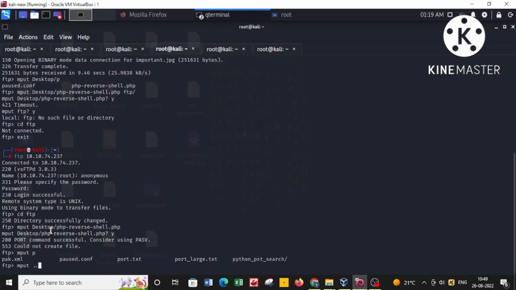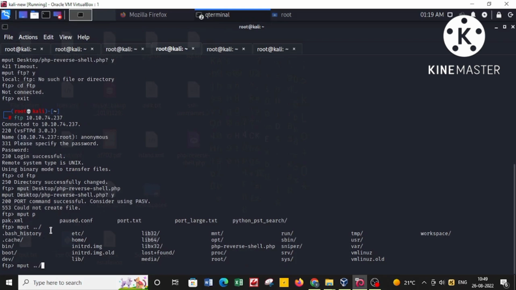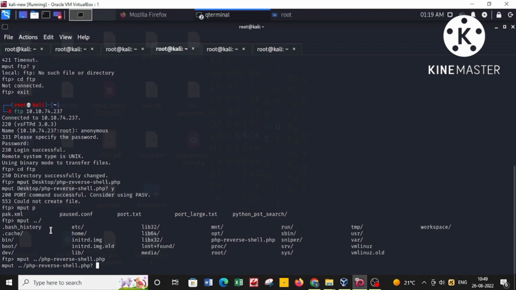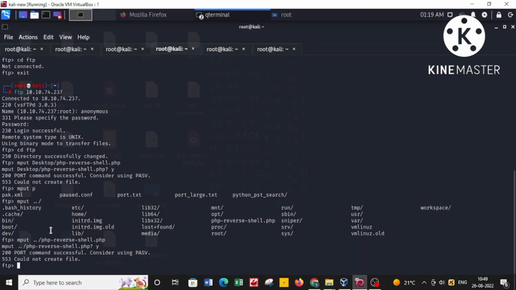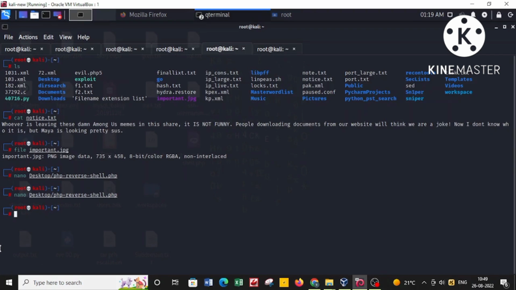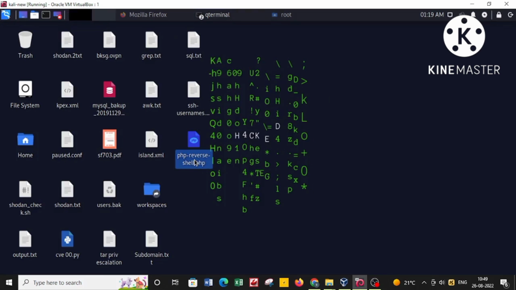But when I try to upload a file from the desktop or from a directory other than the home one, it was not getting uploaded. You can see right before your screen, we are receiving different kinds of errors, like it is not writable, or there is no such directory. So what I did,